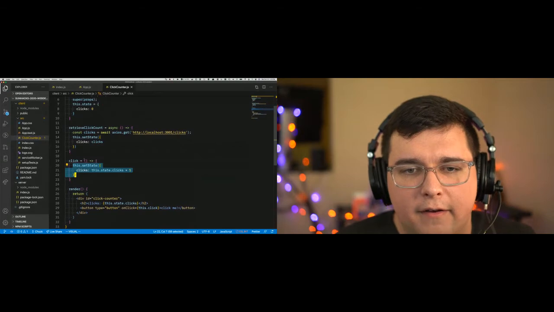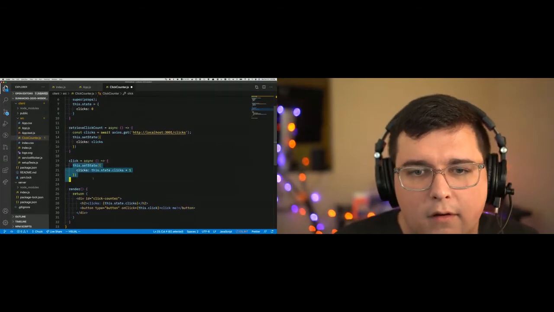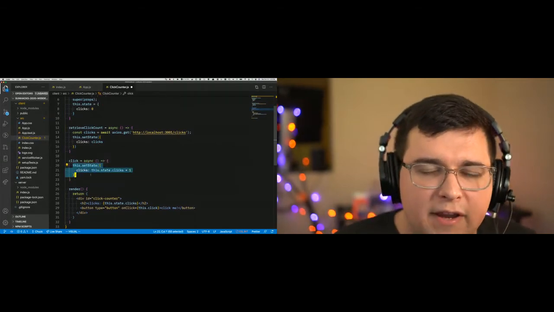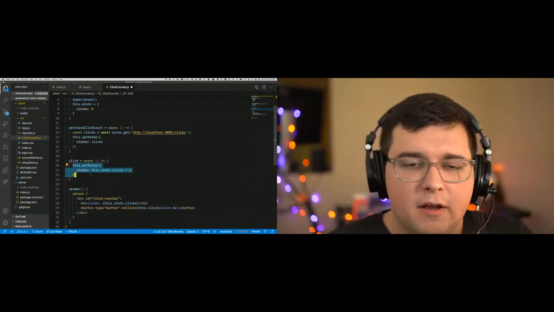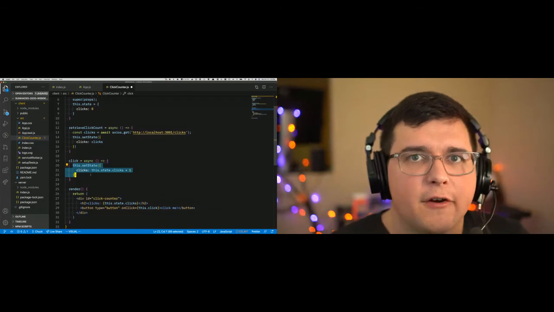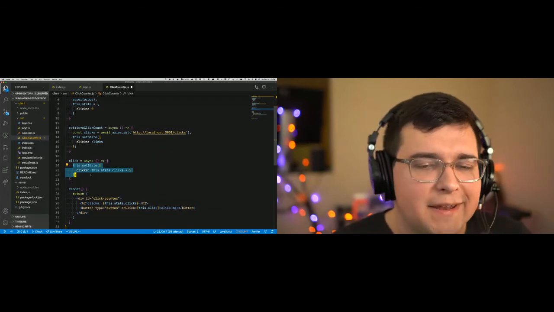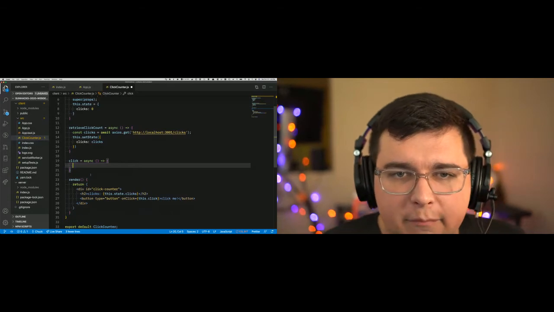Okay, and then on our click function, we'll also make this async. Instead of making a GET request, we're going to make a POST request. A POST is just another type of request. Usually POST means it's carrying some kind of data. Semantically, it's like the creation request. Doesn't really matter, but